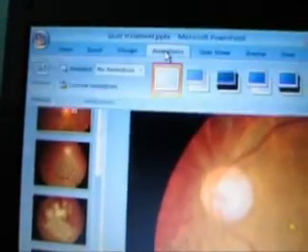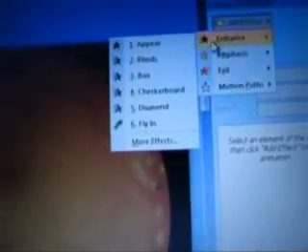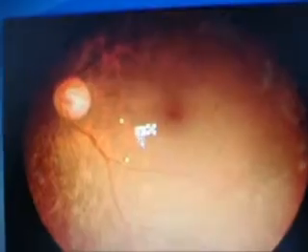Go to Animation, Custom Animation, and then choose Add Effects, and this has to be superimposed on each of the spots that have been cut and pasted onto the color fundus image.